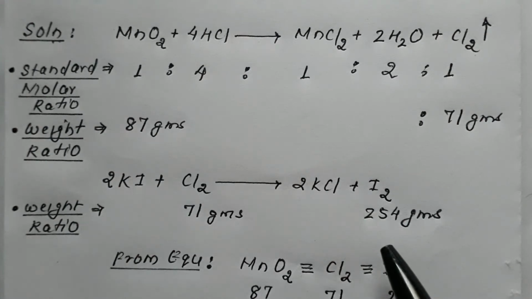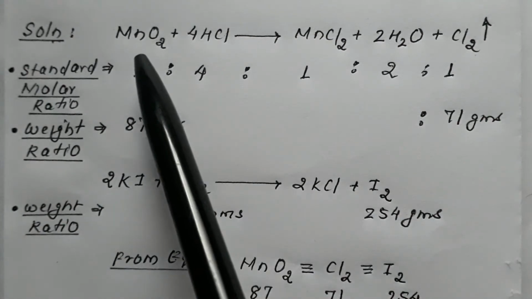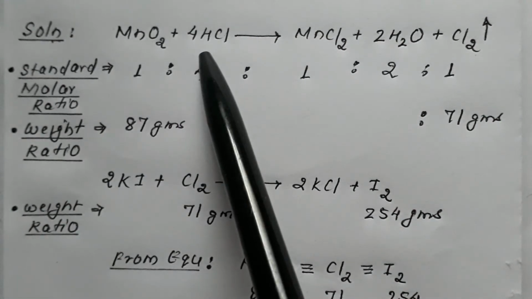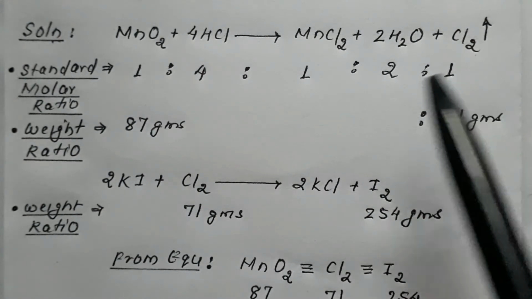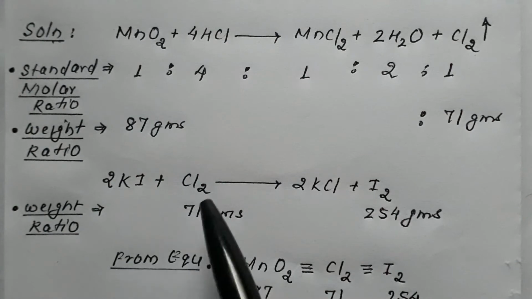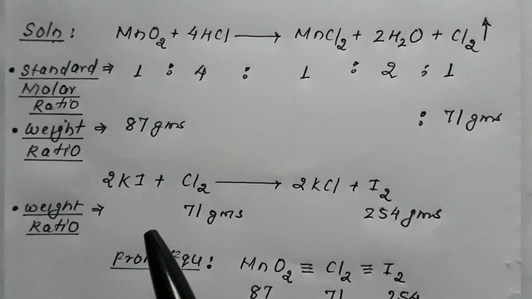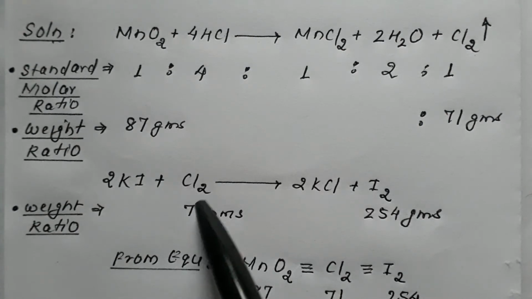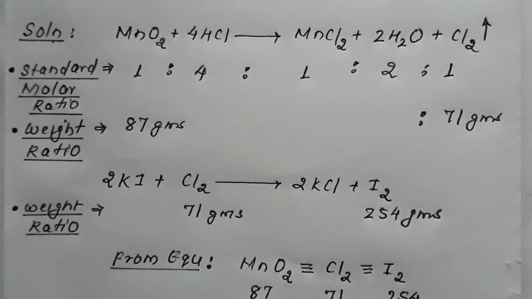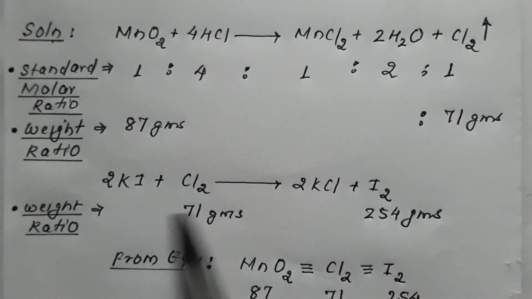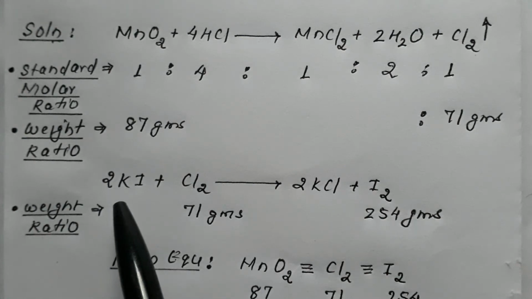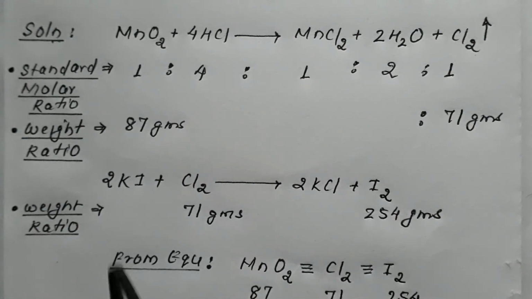As per the question, the gas produced by reacting MnO2 with HCl is passed into KI. The gas produced is chlorine and it is passed into KI, and as the result they are asking to find out the iodine that is produced. So over here the chlorine is the relevant gas which is passed into KI, and we are required to calculate the iodine produced. If I relate them, in this case it is 2:1:2:1.